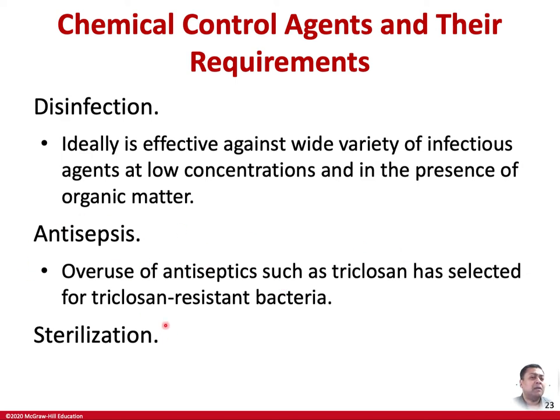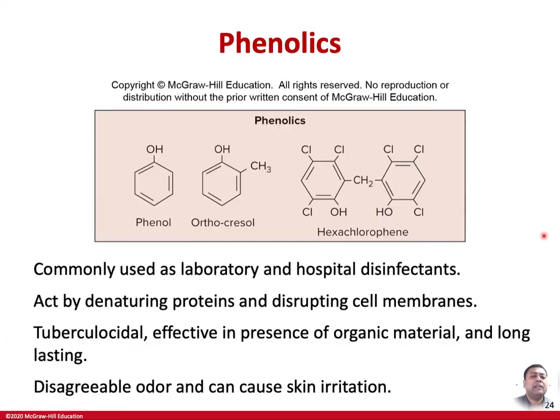And there are some chemicals which can also sterilize. We're going to talk about that as well. So first, let's take a look at the first compound, which is known as the phenolics. The phenolics will have a phenol ring, which is just a benzene ring with a hydroxyl, or you can have an orthocresol with a methyl group right here, or you can have a hexachlorophene where two benzene rings are connected